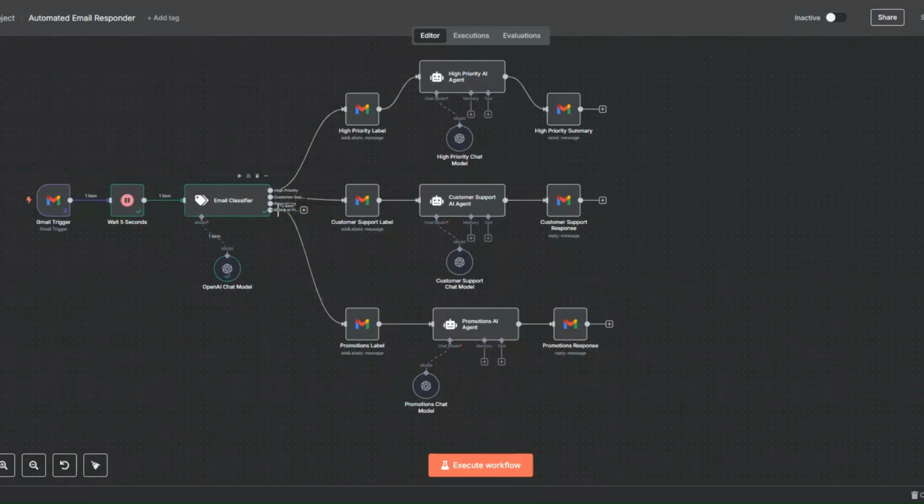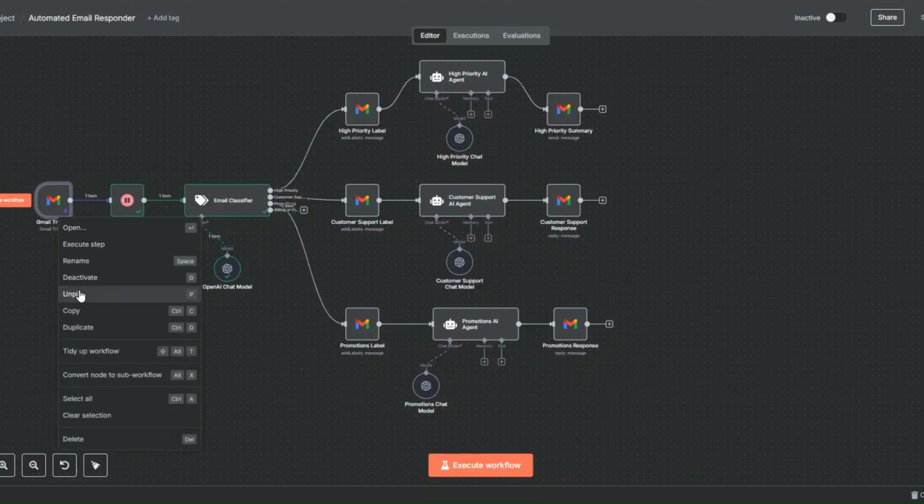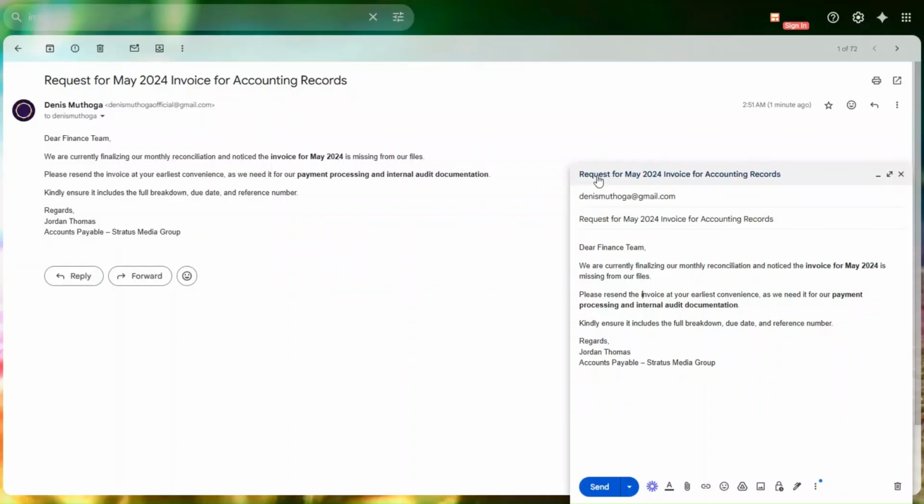Now to set up the billing or finances workflow, here I'll unpin this, and then here we're going to send ourselves a billing or finances email. The email subject line could be along the lines of request for May 2024 invoice for accounting records, and the email body could be along the lines of: dear finance team, we are currently finalizing our monthly reconciliations and notice the invoice for May 2024 is missing from our files. Please resend the invoice at your earliest convenience, as we need it for our payment processing and internal audit documentation. Ensure it includes the full breakdown, due date, and reference number. As Jordan. So here I'll send ourselves this email,